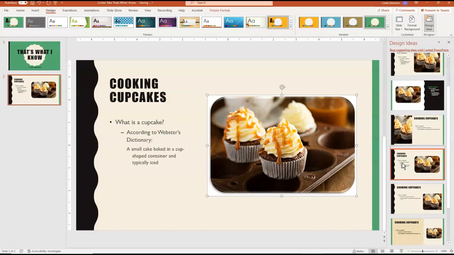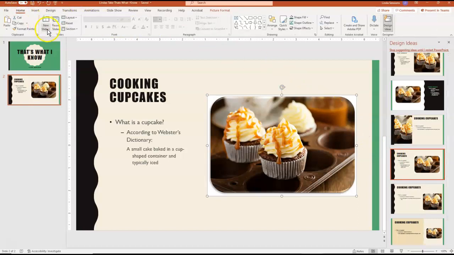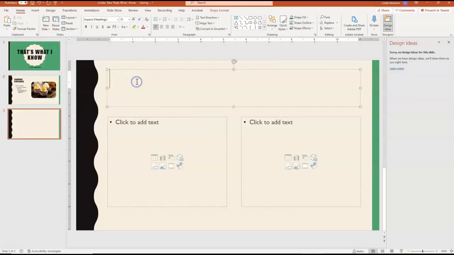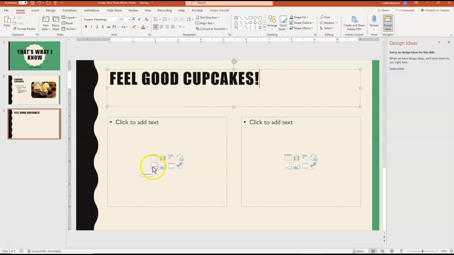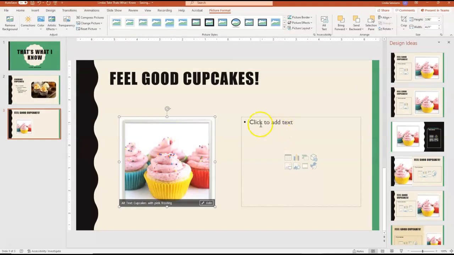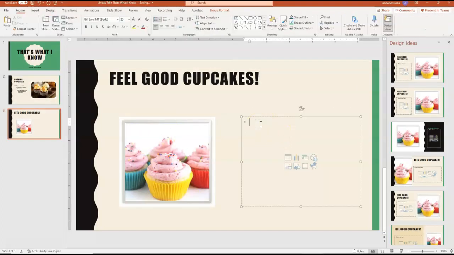So now I am going to go and add slide 3. I'm going to come up here and go to the Home tab, go to New Slide, and again select my Title and Content layout, and I've got my click to add title, Feel Good Cupcakes. This time I'm going to put the picture on the left side. So I'm going to select Pictures, Insert, and now I'm going to add my text over here on the other